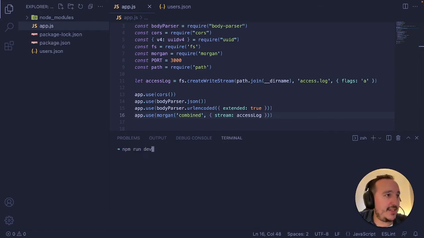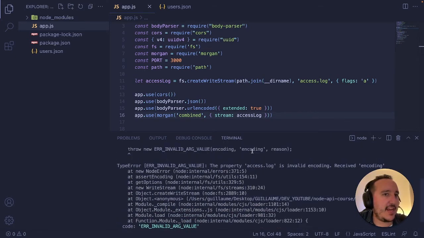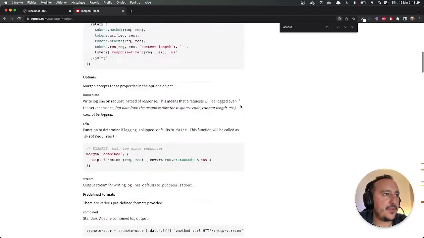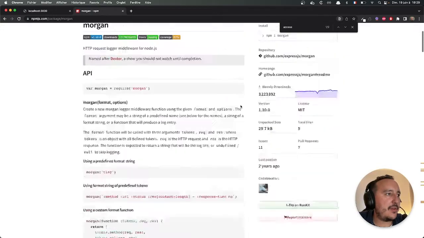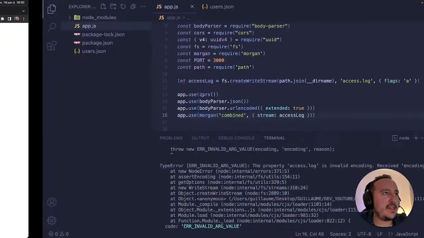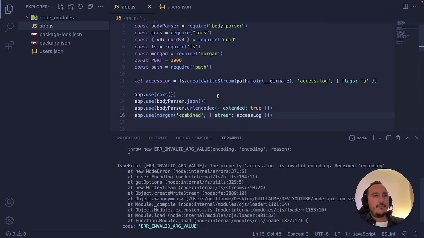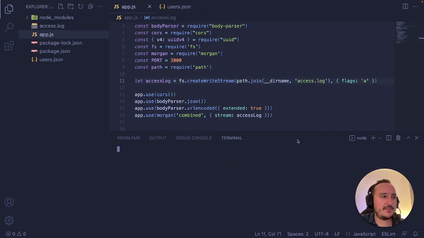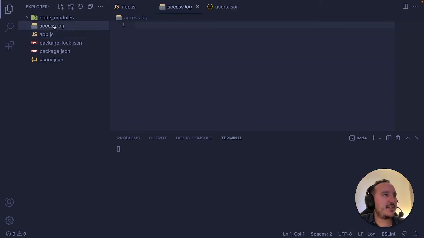So I can npm run dev again, and here I got an error which says the property access log is invalid. All right. So I'm going to check why I got this error, and I get back in here. Oh, maybe because oh, I understand. I missed that. It was inside my path. All right. And yeah, my server already started again, and I got my access log file, which is here and